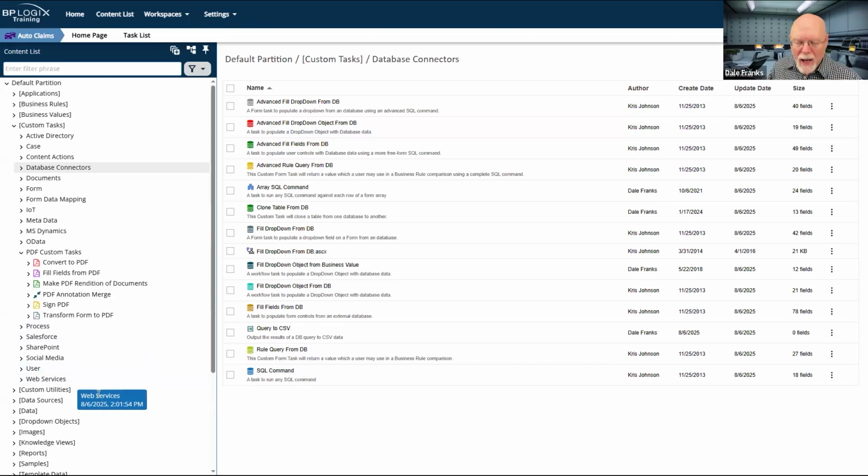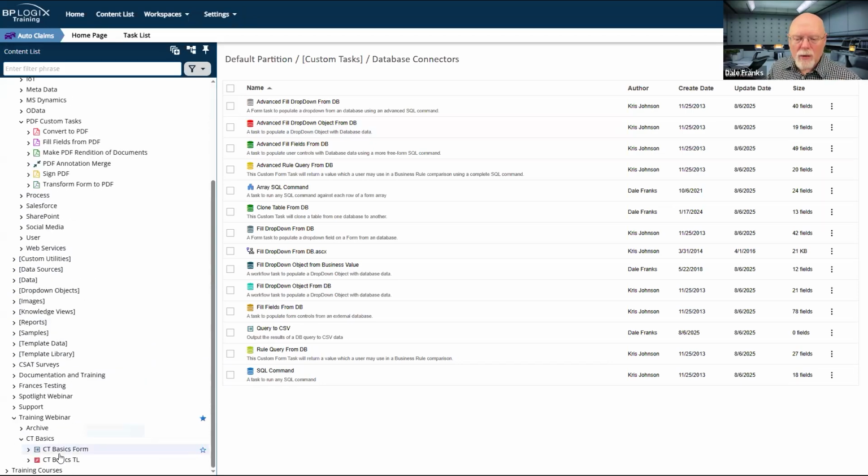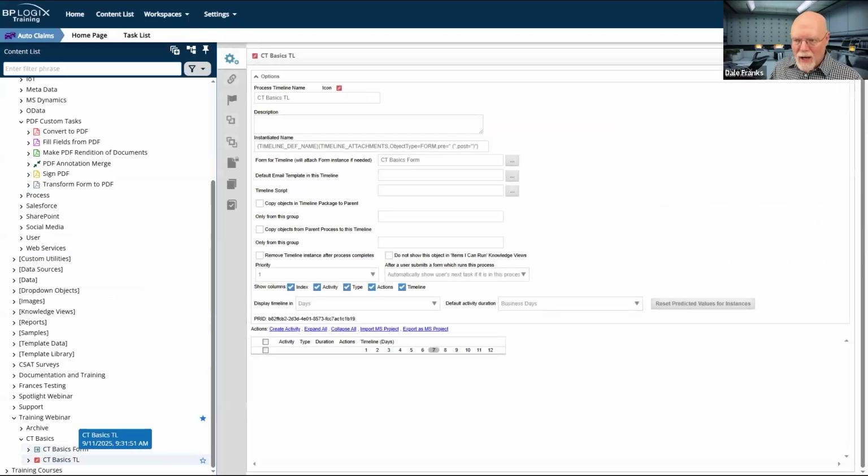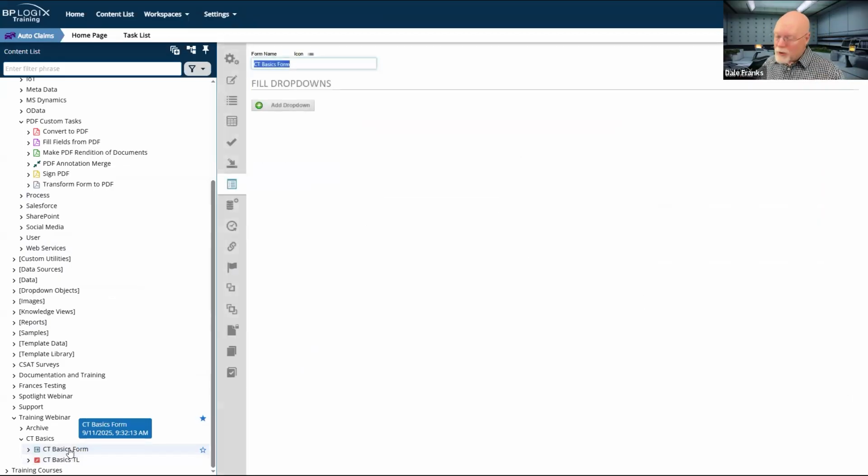Most custom tasks can be used in either a form or a process timeline. This is not universally true, but in general, most custom tasks can be invoked from a form or process timeline. Now, there are obviously some custom tasks that are only relevant to a form and that wouldn't make sense outside the context of a form.